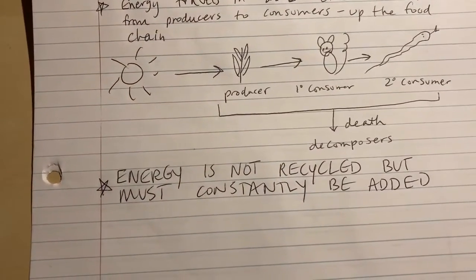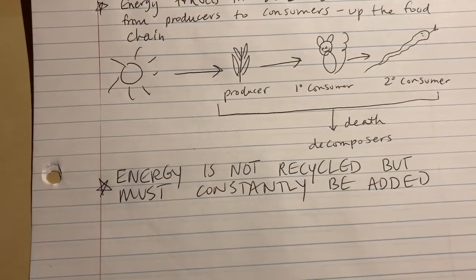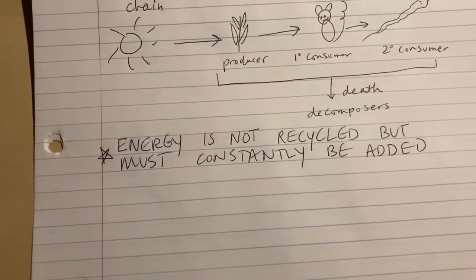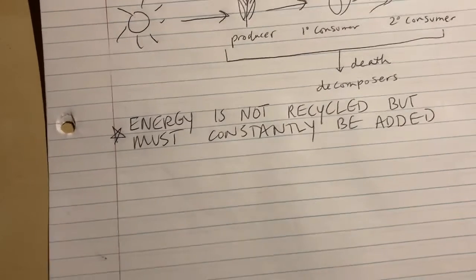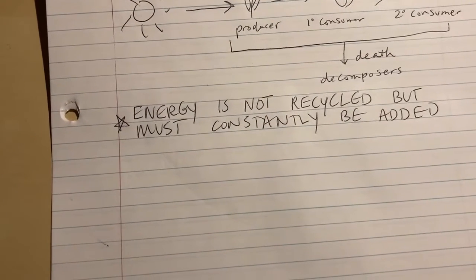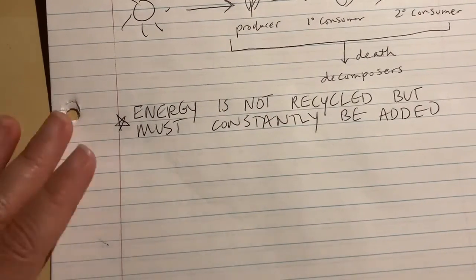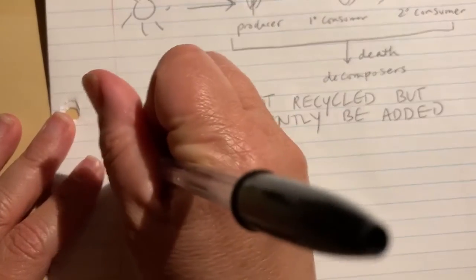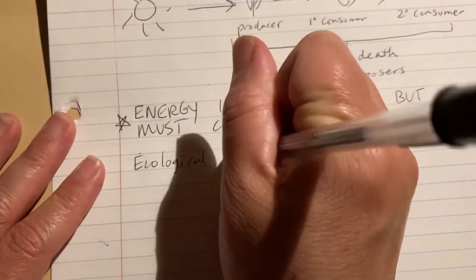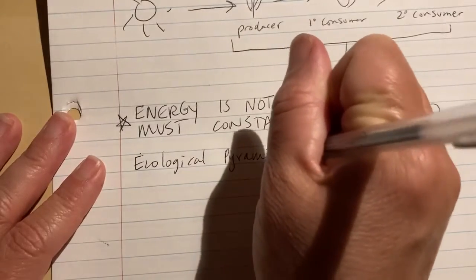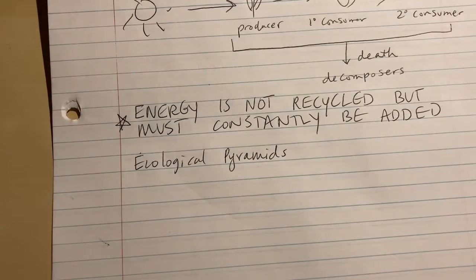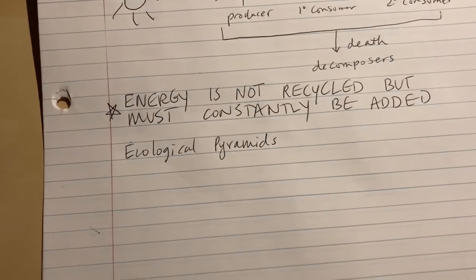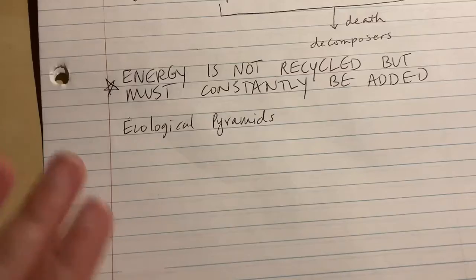All right. So we talked about food chains and food webs, and I feel like you guys are comfortable with those, so I'm not going to draw those on here. But I do want to talk about the different kinds of ecological pyramids. So when we're looking at ecological pyramids, there are three kinds. Two of them we did activities about in class so far. One of them we haven't talked about yet.